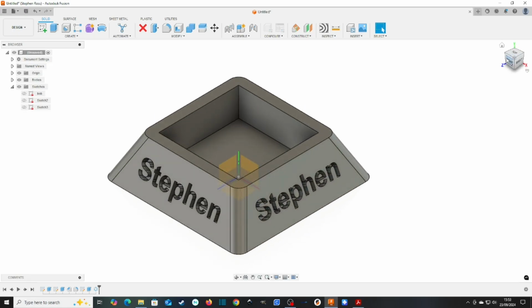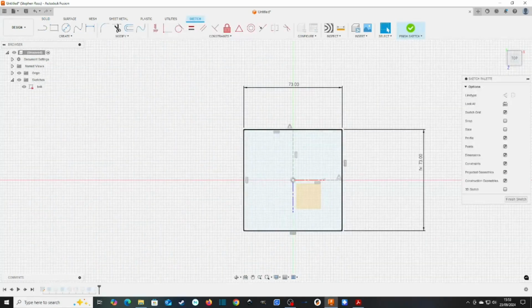Now, what is your homework for tonight? Your homework is to go and make a glue pot holder for something other than Tamiya. So you might want to make an individual paint pot holder, or you might have another type of glue, or you might just want a holder for your mug. Well, now you've got the basic tools. What you can do is go in and edit these dimensions to fit whatever you're trying